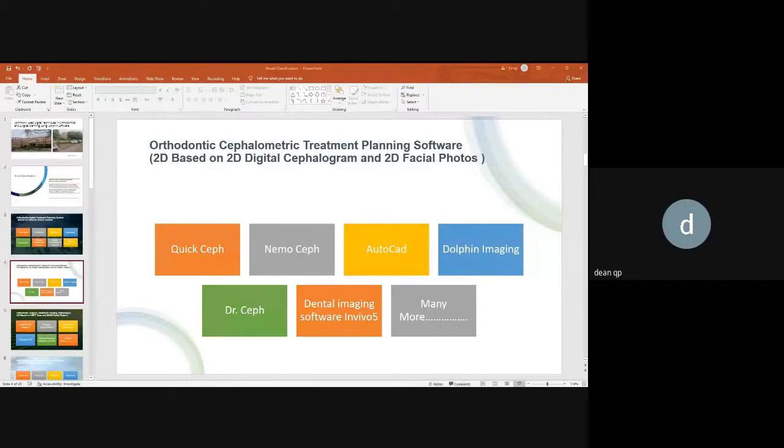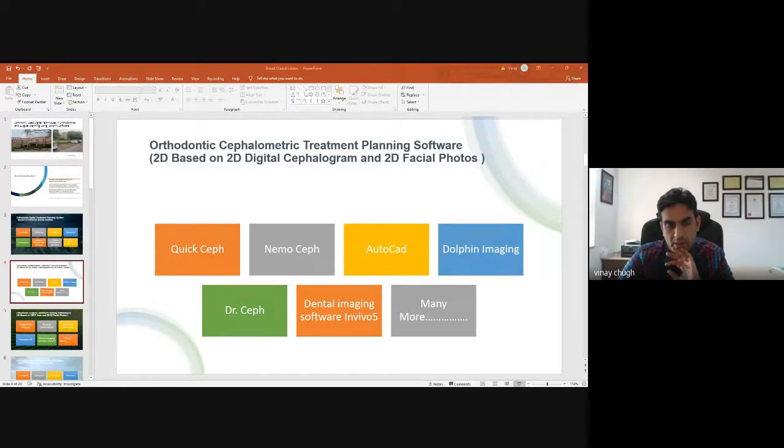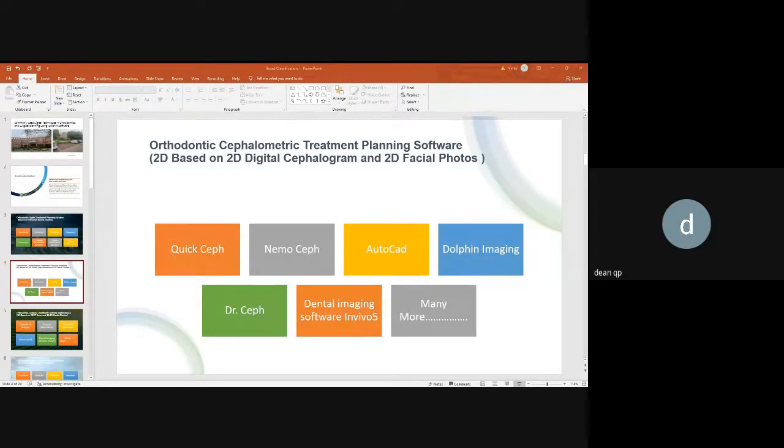QuickSef, NemoSef, AutoCAD, Dolphin Imaging. Now it's moving. Uh, this I suppose the I'm second. moving slides. Just change your slide again. I'm moving it, ma'am.